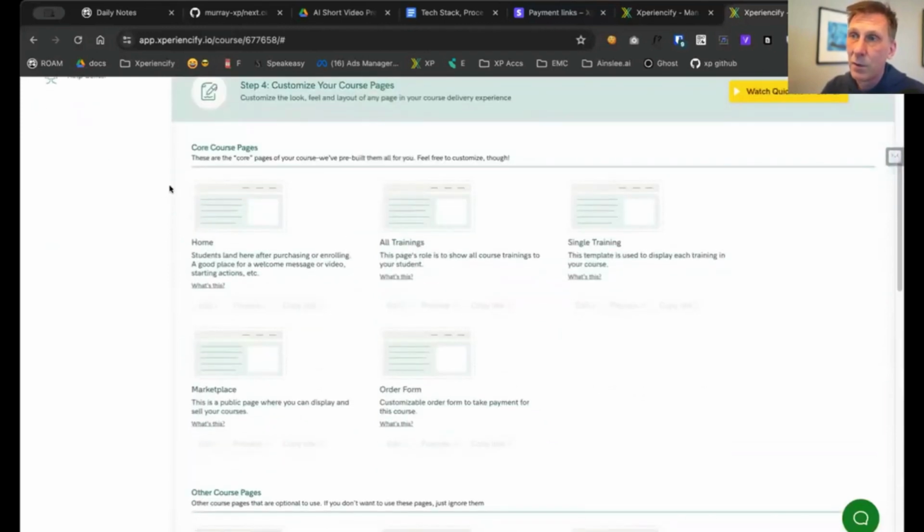First of all, we've got the homepage of the course. This is what students will see once they enroll, they pay the money, and then they get redirected into the course. This is the page that students will get directed to. So if I click on this, edit,